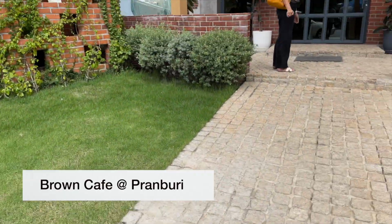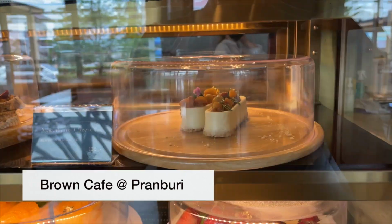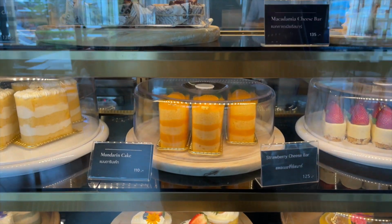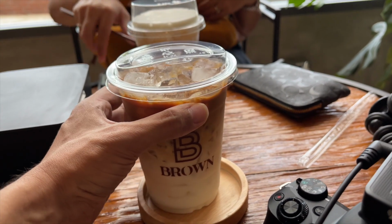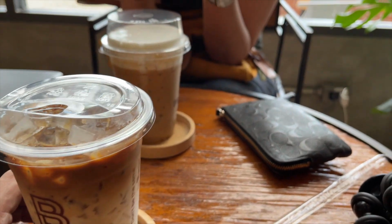Now, after that epic lunch, we dropped into Brown Cafe that was recommended by my dad. He tried to wallop me with a door. At this point, we were in absolute food coma, so we couldn't stuff anything else in. The cakes were really tempting, but Brown Cafe was highly recommended on many of the reviews for their excellent coffee. So we don't want to miss that, and we ordered some iced latte, and yeah, it's confirmed the coffee is